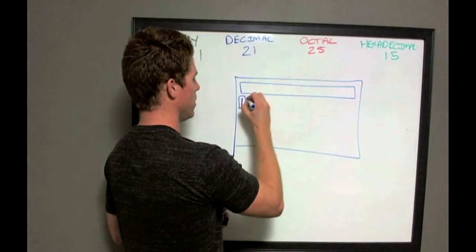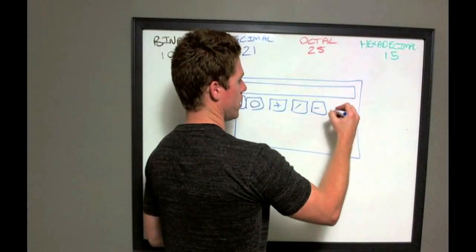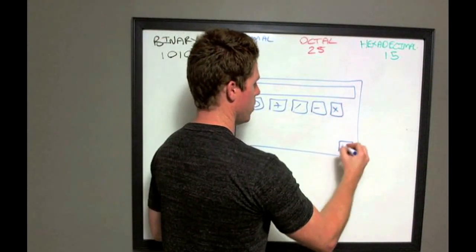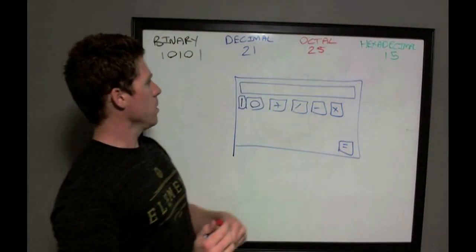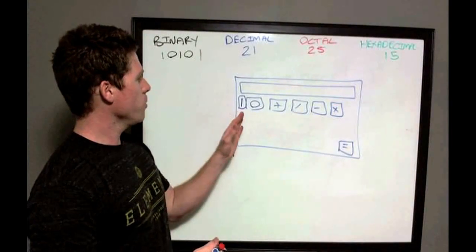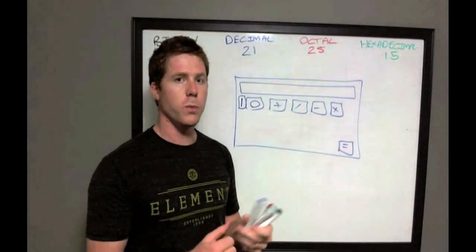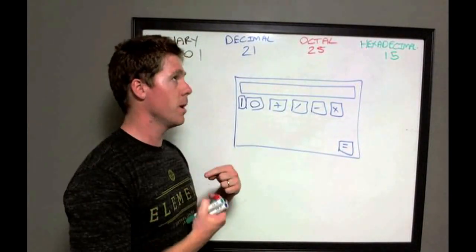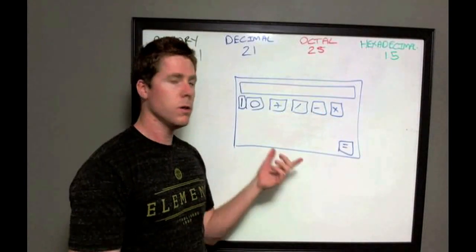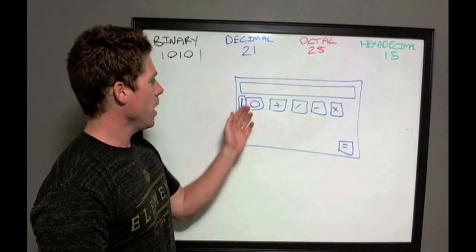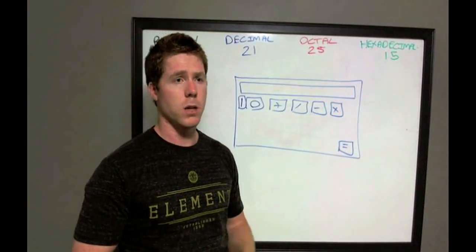So we'd have our 1 and our 0, and then we'd have our add, divide, subtract, multiply, we'd have equals. Probably could have drawn that better, but oh well. So we would have to add these numbers together. So if I did 2 plus 6, I would first have to convert them in my head to binary, add them or subtract them, whatever I wanted to do. In this case it was add. And then this would give me the answer in binary,